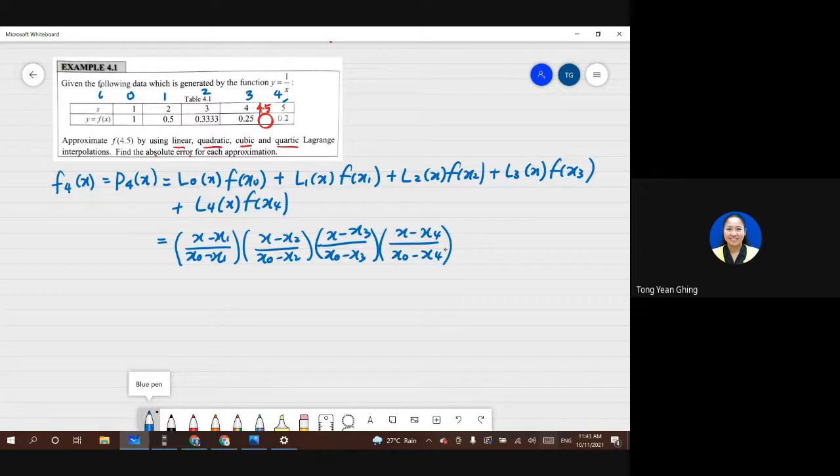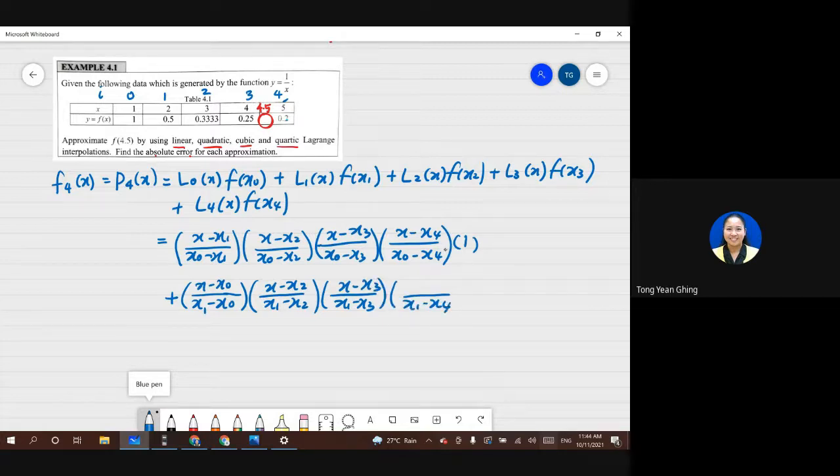So the value of f(x0) is 1. Plus (x minus x0), (x1 minus x0), (x minus x0), (x1 minus x2), (x minus x2), (x1 minus x3), (x minus x3), and then (x1 minus x4), (x minus x4), times the value of x1, 0.5,